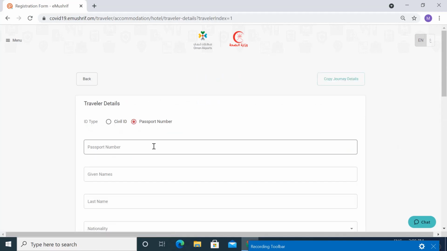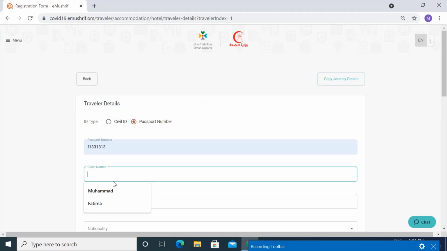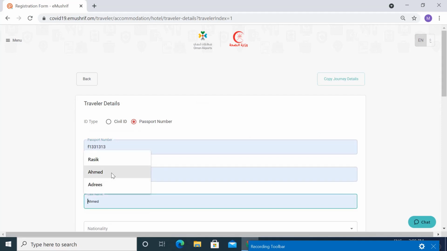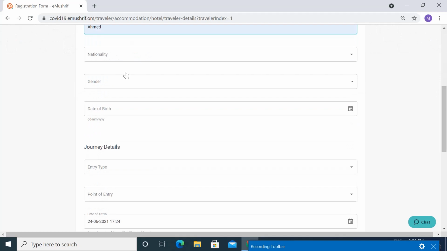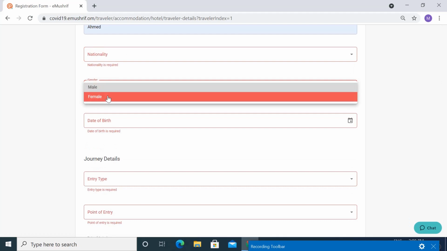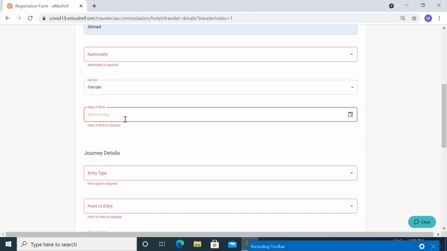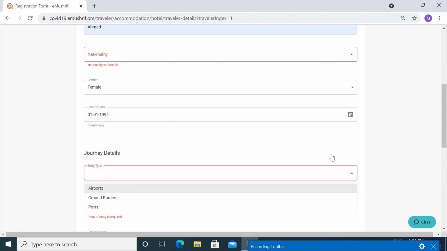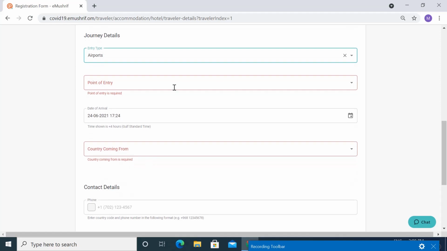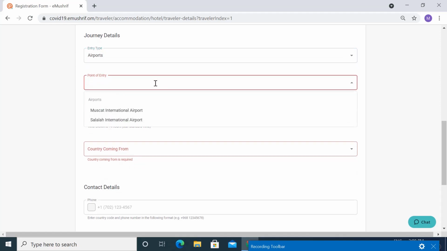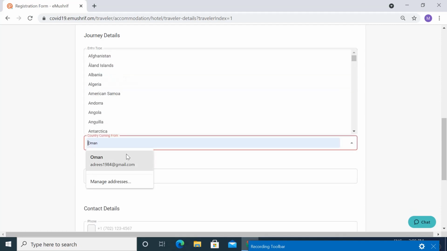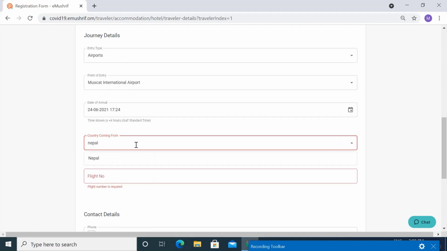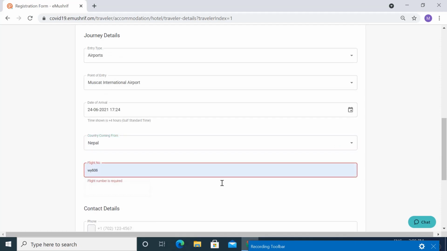Here you can give your co-travelers' details. You need to mention all the details: point of entry, from which country you will be coming, and the flight number.